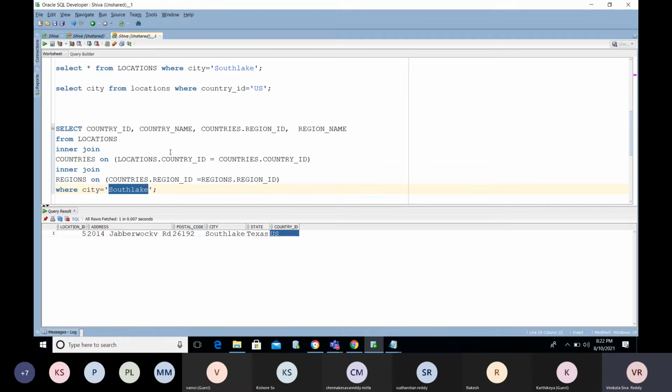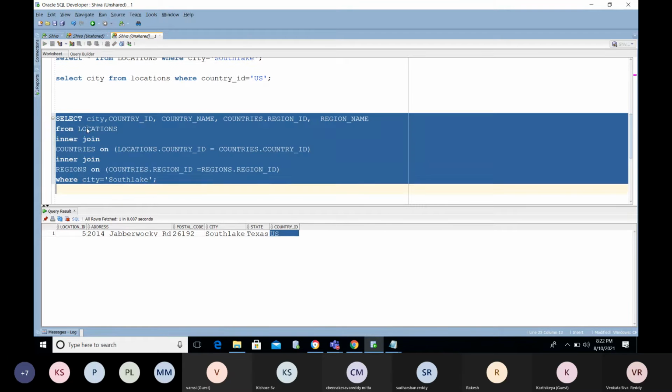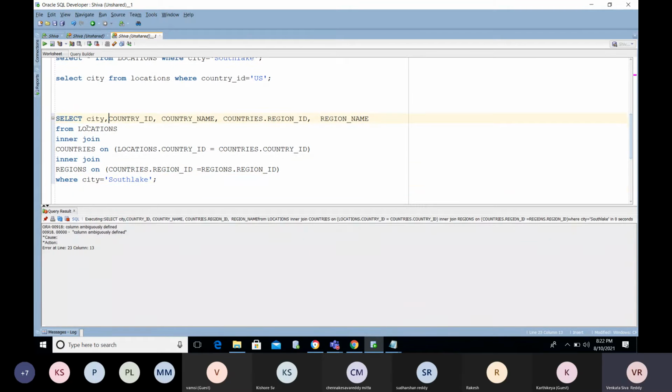For that reason, I am going to use region name and city. So now we will get the error: column ambiguously defined. Now, how will you find out? We have 3 tables now. How will you find out now? Table name we can put as a prefix.